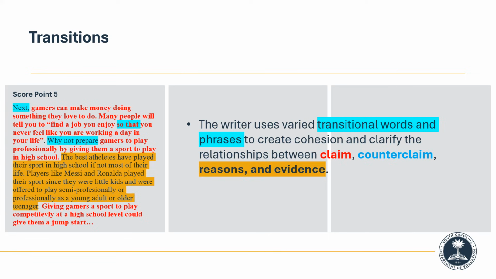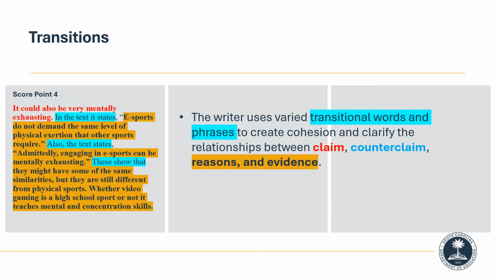The student of the score point 5 brings in outside information to support his or her claim. Although there are not as many transitional words and phrases highlighted in this section as in the previous sample, the student uses a variety of phrasing at the beginning of each sentence to aid the audience in reading the response. The student also links together ideas from one sentence to the next to enhance his or her overall argument.